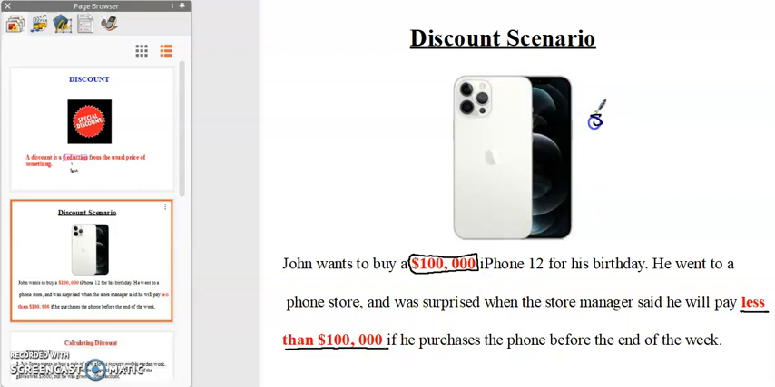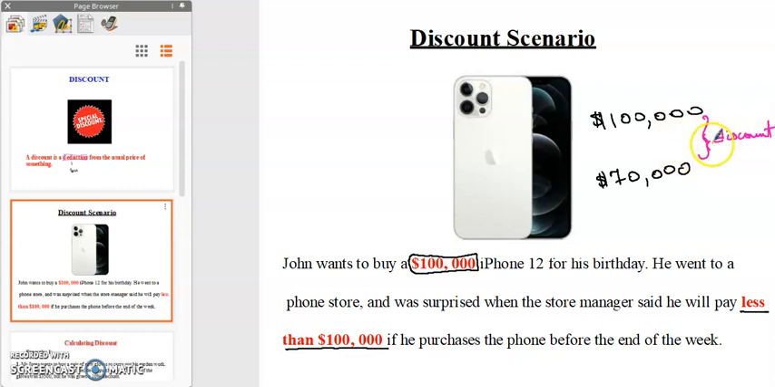So the iPhone is 100,000 now, but if he buys it before the weekend, he will pay less. So whatever less is will depend on how much the iPhone costs, on how much discount he is given, right? So if it's a case where he's going to pay $70,000 for the phone, right? Whatever this gap right here between the 70,000 and the 100,000, this is where the discount actually exists,